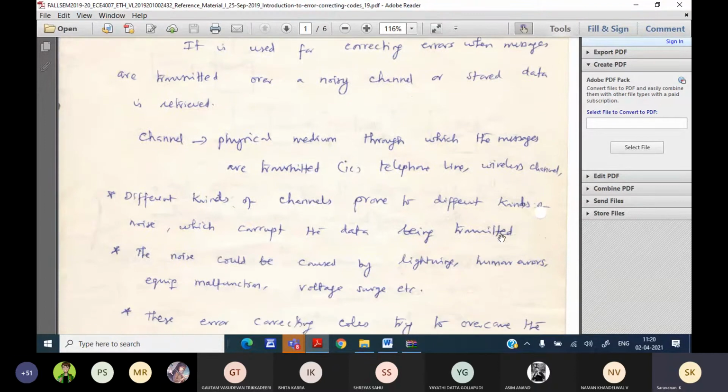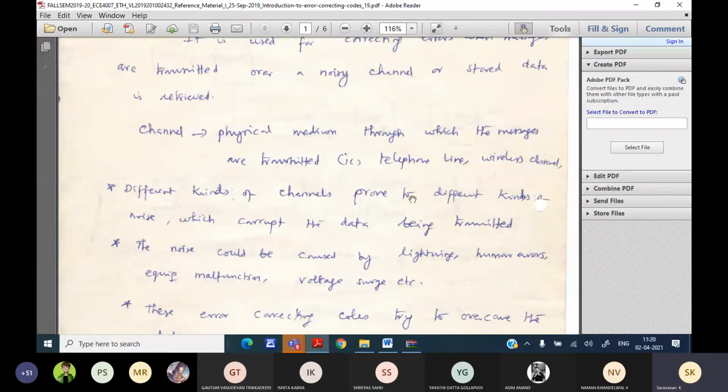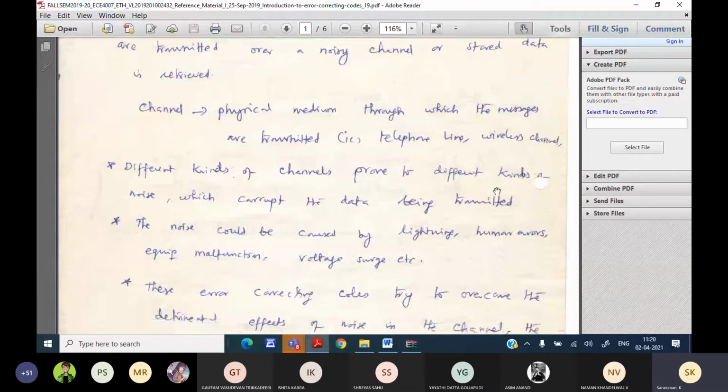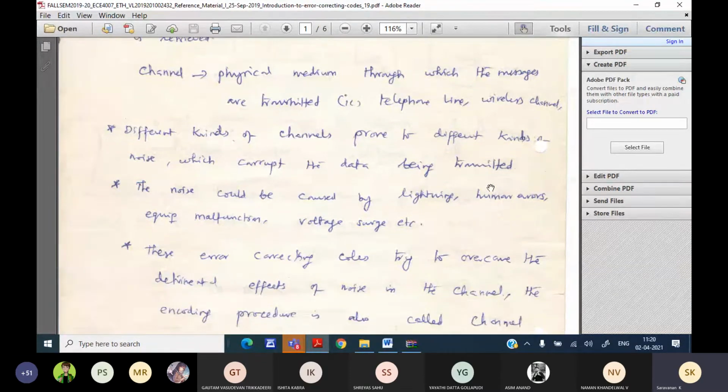A channel may be a telephone line, wireless, or free space, which can also be a medium, even a 4-wire line. We have a 2-wire line for transmitting electrical signals. We have different kinds of channels, prone to different kinds of noise which corrupt the data being transmitted. The noise may be caused by lightning, sometimes human error also produces noise.